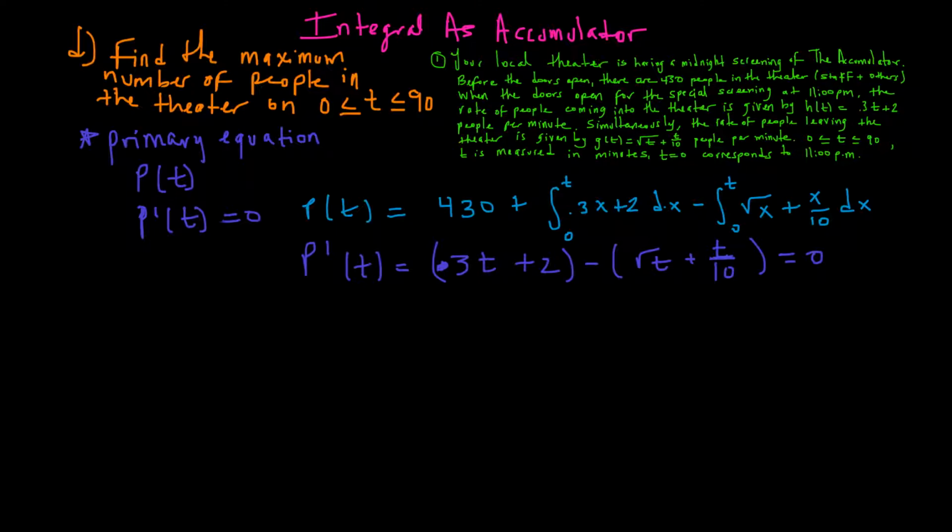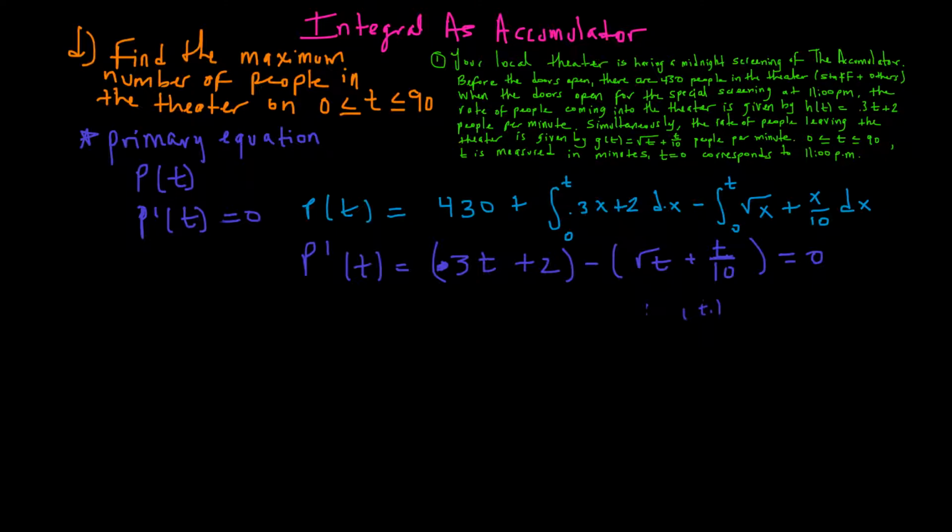Well, my calculator says that it cannot find the 0. I graphed this function. I changed the window so that it would show from 0 to 90 minutes. And the graph never crossed the x-axis on 0 to 90 minutes. And so then I guess we're going to say P prime of t